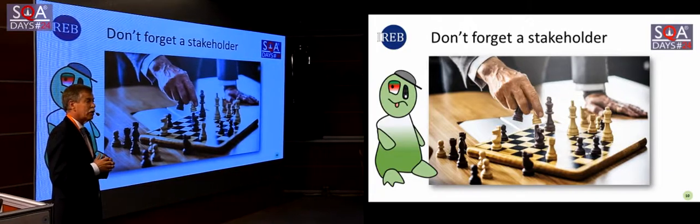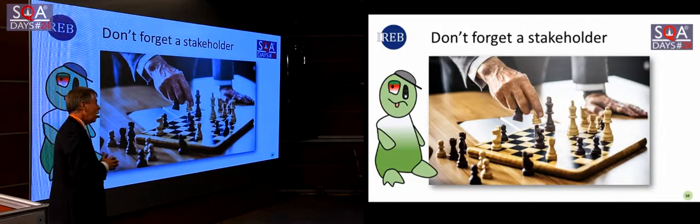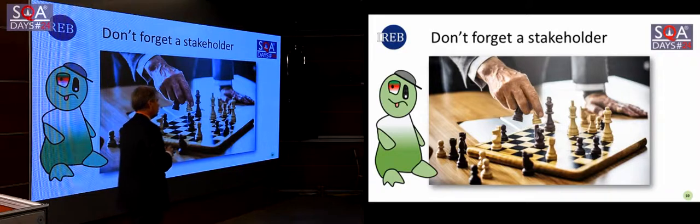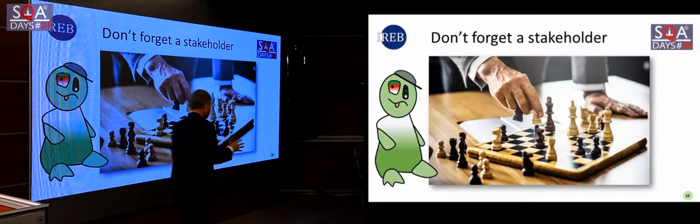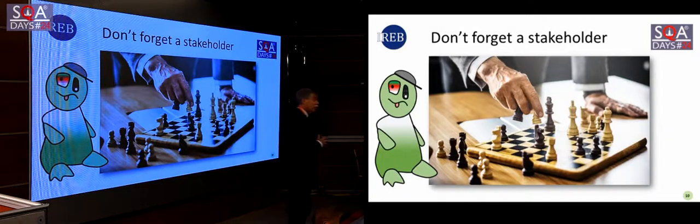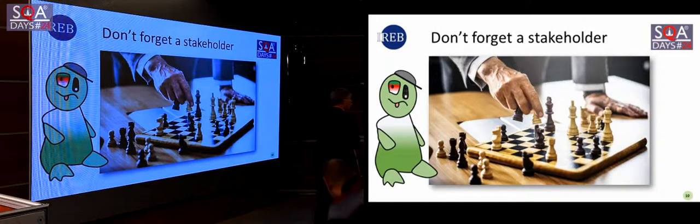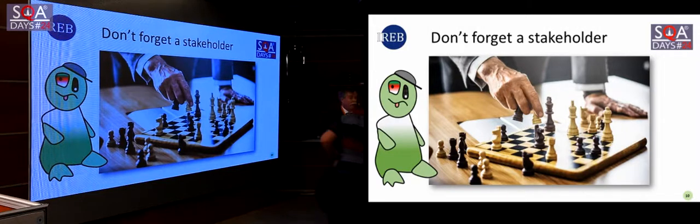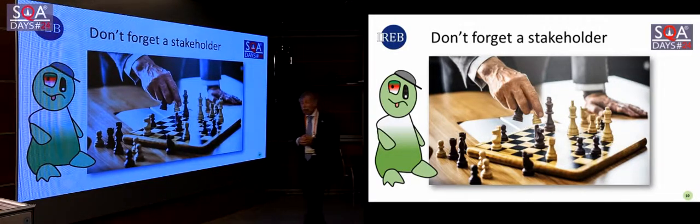When you forget a stakeholder, when you're not aware of a stakeholder that is important for your project, if you forget him, you won't get their requirements. And it will pop up at the end, either in production or in the last phases of acceptance testing, and you'll have a problem.